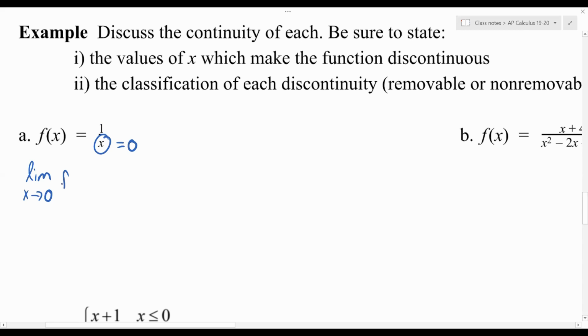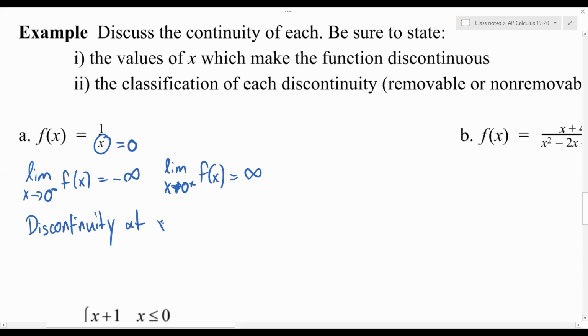So the limit as x approaches 0 of f of x is going to equal something with infinity, positive or negative. So if we're going from the left, a little bit less than 0, we'll have a negative number in our denominator. So we'll get negative infinity. And if we go from the right, limit as x approaches 0 from the right of f of x, well, we're going to have a number a little bit bigger than 0, so that will be positive infinity. So we can see the limit from the left and the right are not the same, so we have a discontinuity